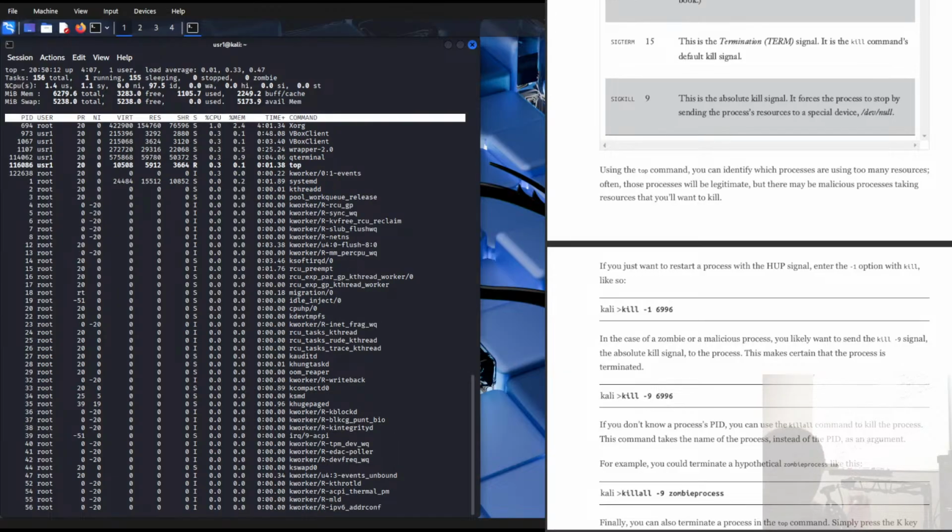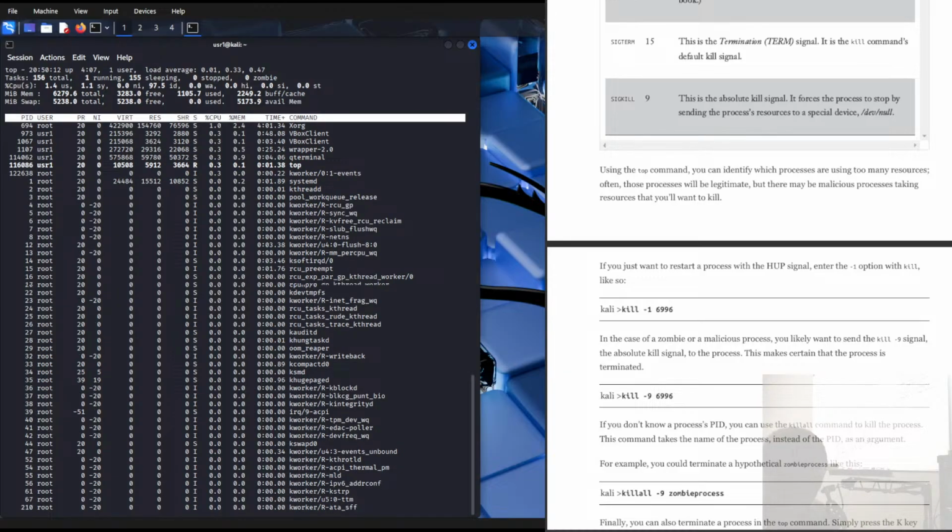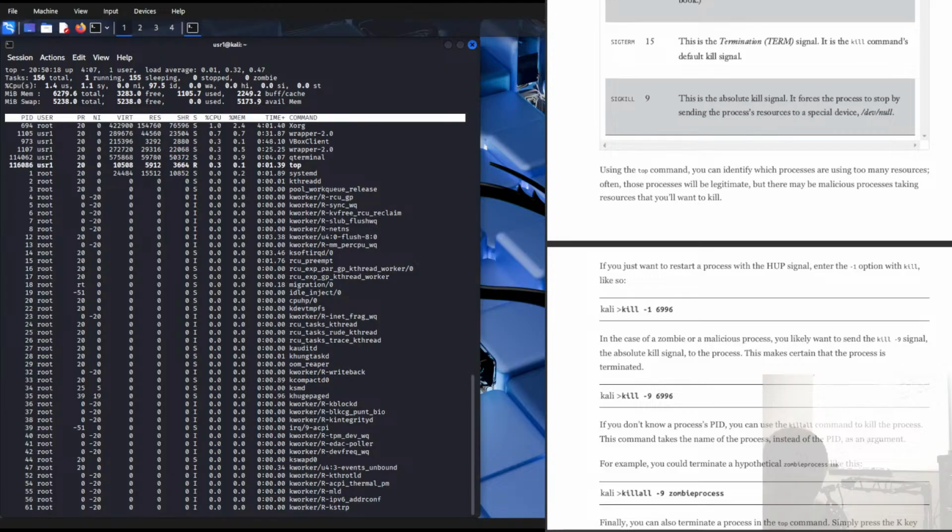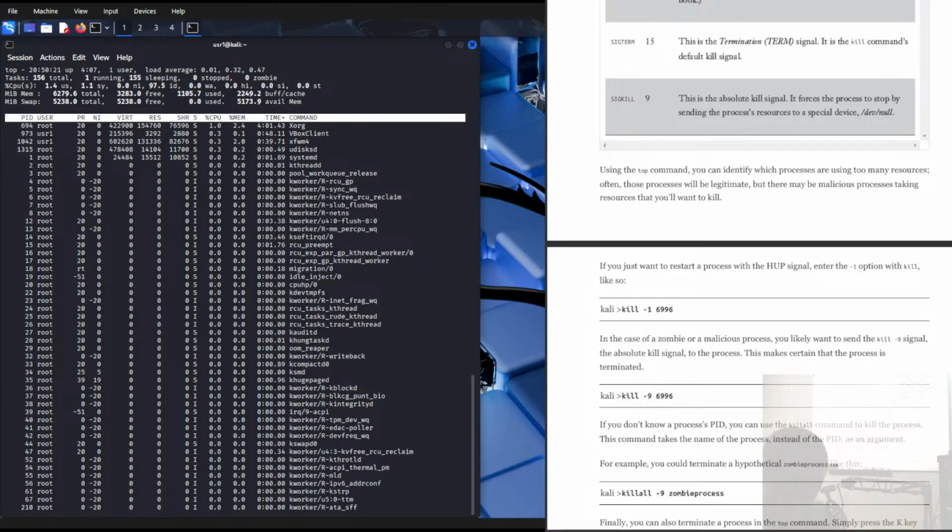In that case, a rogue and malicious process, you want to send kill. That's signal 9, the absolute kill signal. So the process makes certain that